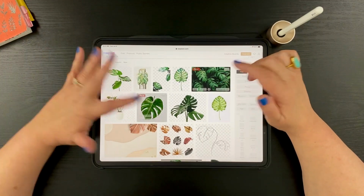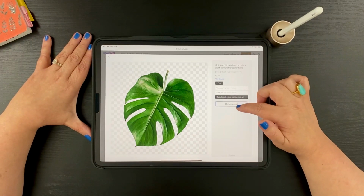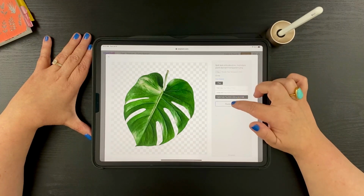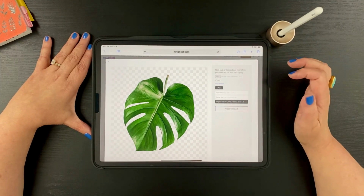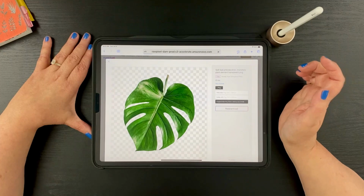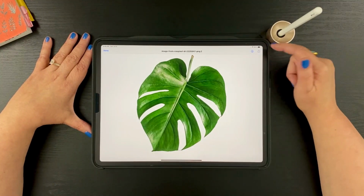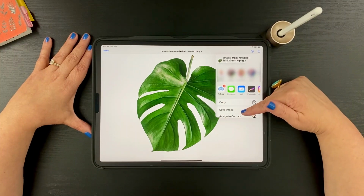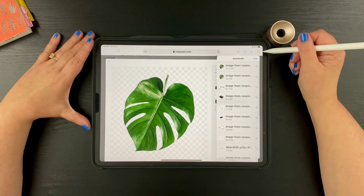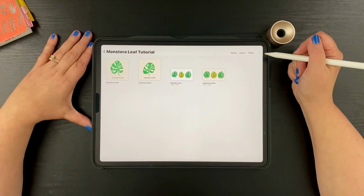This is a good one. I've already downloaded it, but I'll show you how to do it. If you hadn't downloaded, it would just say download. It's on the original size. So I'm hitting re-download. It takes a second, and then it'll ask me if I want to download. I do. And so here we have our picture of the leaf, which then you could save your image to the camera roll. Okay, so we're done here, and let's go back into Procreate,